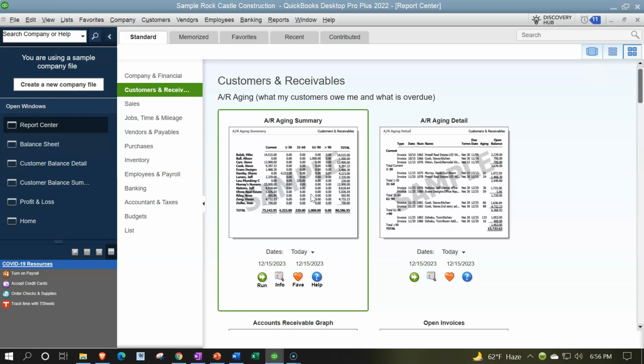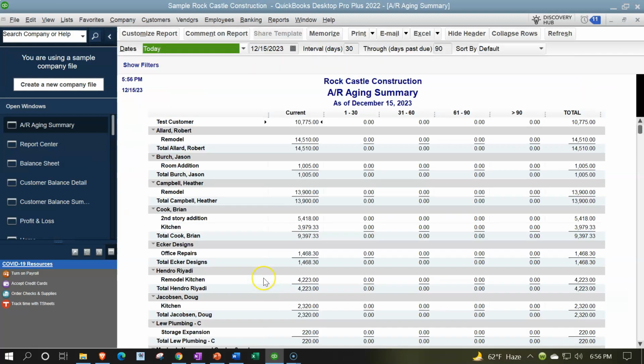We got the summary report and we've got the detailed report. So if we've run the summary report, changing the dates up top once again, we're going to make it as of 12/31/23. And so there we have it. And now this is as of a point in time, in essence, because it's a summary report, not giving us the detail of it. Looks a little bit overwhelming at first, but the general idea being that we've got the